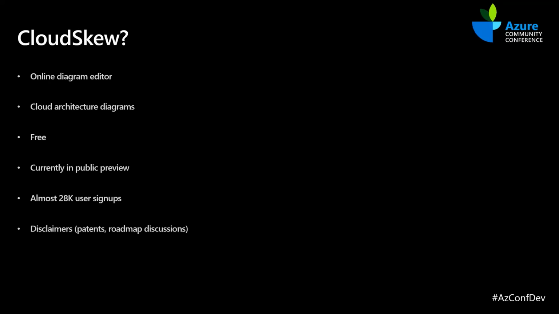A couple of things I want to quickly highlight before I dive into the internal architecture. We are in the process of filing for patents. I'll try to be open and transparent about most of the internal architecture, but for some of the stuff that we are filing patents on, I may have to obscure a bit of details. And obviously for competitive reasons, I can't fully disclose the product roadmap. But that said, most of our architecture is publicly documented. So I will be doing a deep dive on this today.